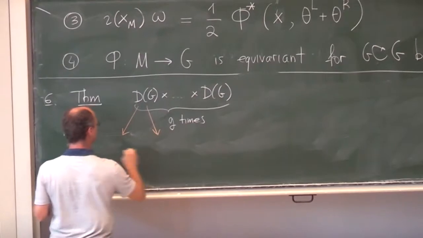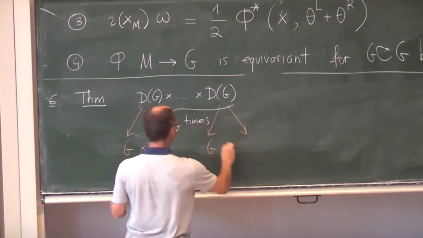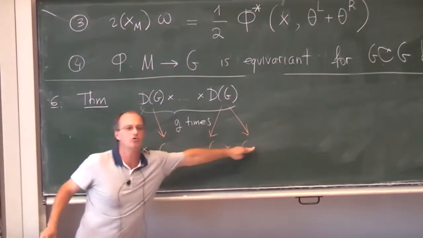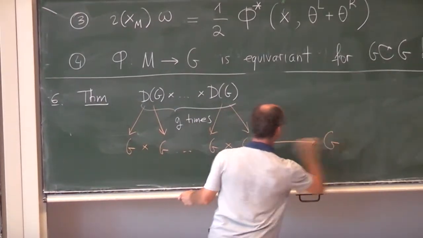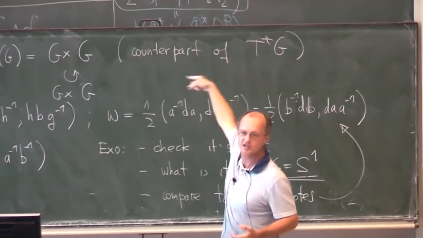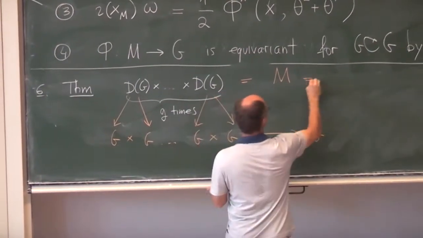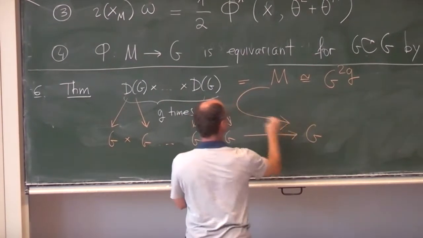Well, we have two G-valued moment maps, two copies of G for each of them, and let's multiply all of them. Of course, when we multiply all of them, this will produce a lot of extra terms in the 2-form. So let's call this manifold M. Of course, it's isomorphic to G to the power 2g. And let's call this composed map